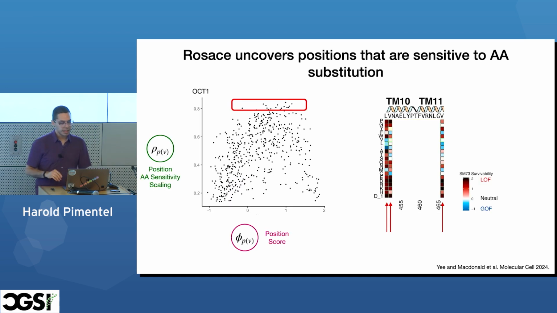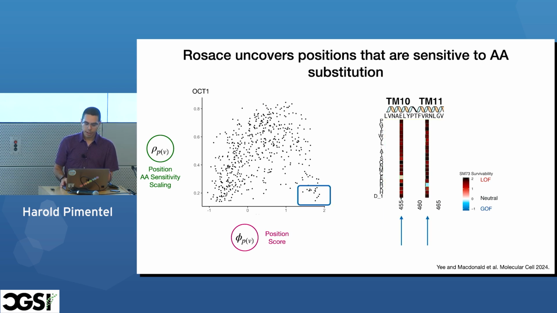Well, it turns out that you can actually look to see, effectively, this is doing some sort of latent clustering, if you will, on how the different positions might behave, right? There are some positions, and we can identify these from looking at some of these plots, where you see a mixture of amino acid substitution effects, and some of them look very similar to each other, which is expected because different amino acid substitutions have different charges, and so on and so forth, right? Here, at really strong gain of function, it doesn't really matter.